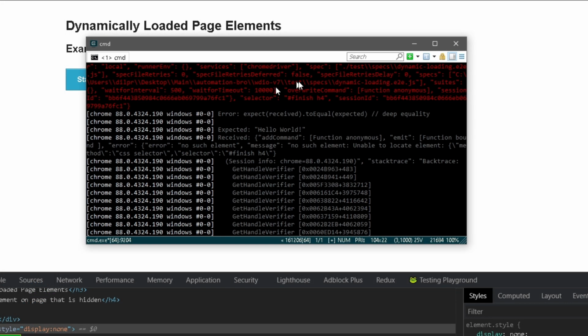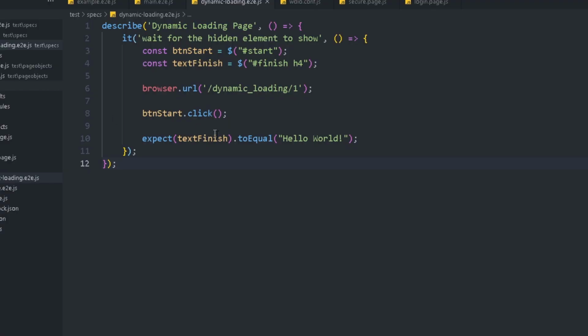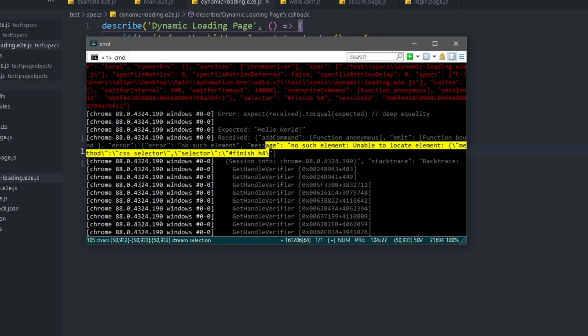So the weird thing is, instead of seeing the actual text, or basically seeing no such element, we are seeing this function. And the reason for that is, if I go back to my test, here I'm trying to check that the WebdriverIO element should equal this text. And that's never going to be equal to this, right? Because this is the WebdriverIO element. Instead, what I'm going to make sure is that the text from this element should equal this. So for that, I can add in dot getText, which will give me the text from this element. And then I can go ahead and make sure that it should be matching pretty much this. Let's run it this time and see what we get.